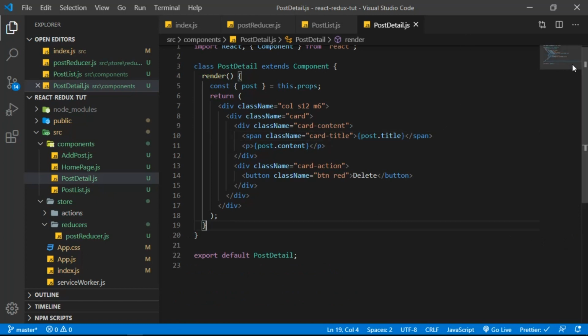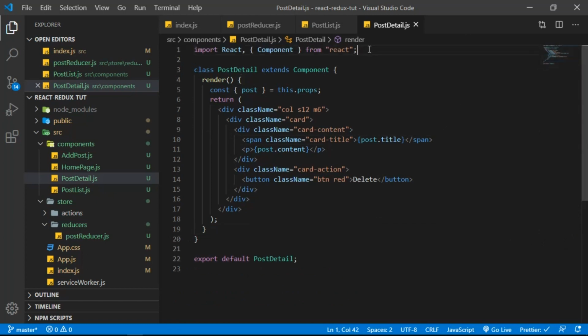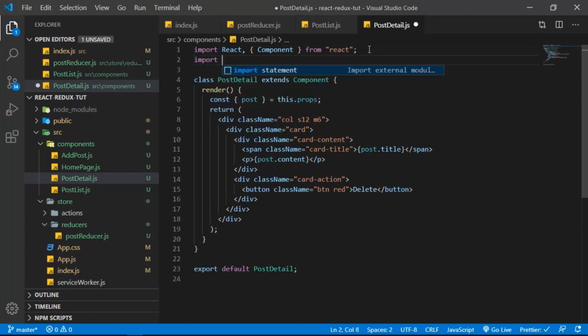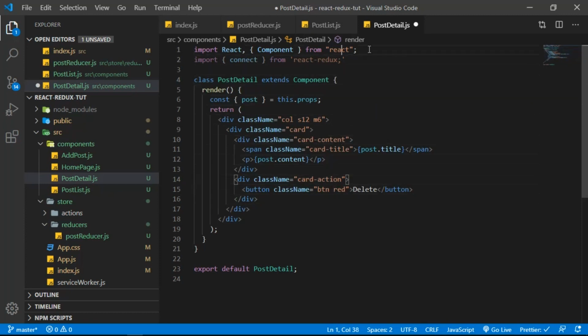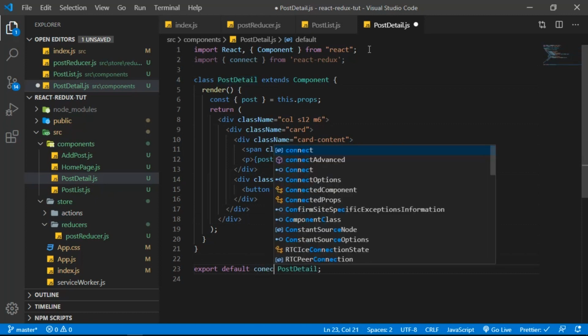And in the post detail, I want to import the connect function again. So import connect from Redux, and down here, wait, it's wrong, delete that. And down here we need to bring in the connect function. So connect